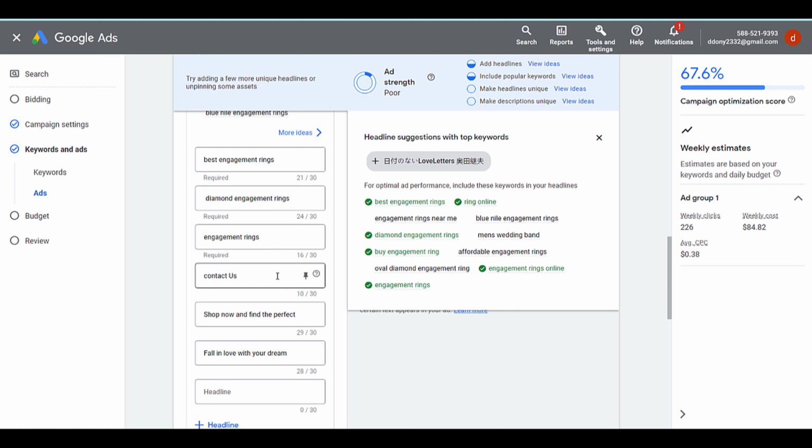By the way, it's going to just keep testing and testing until you find what works well.